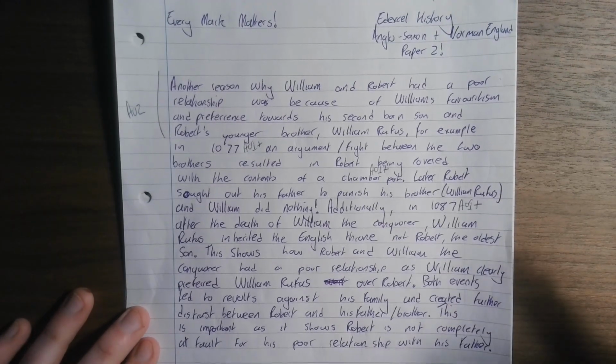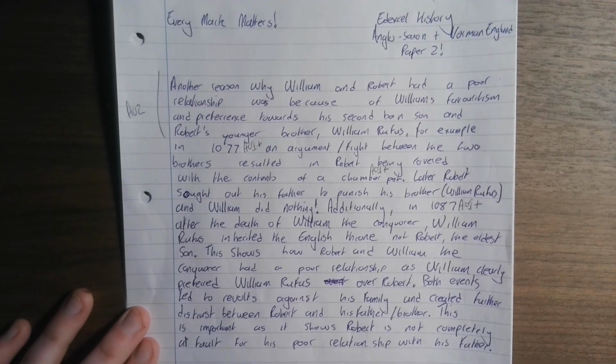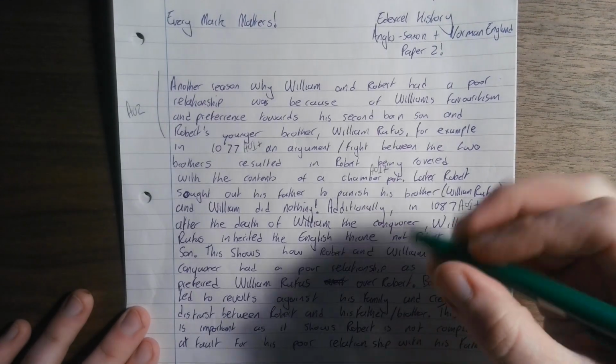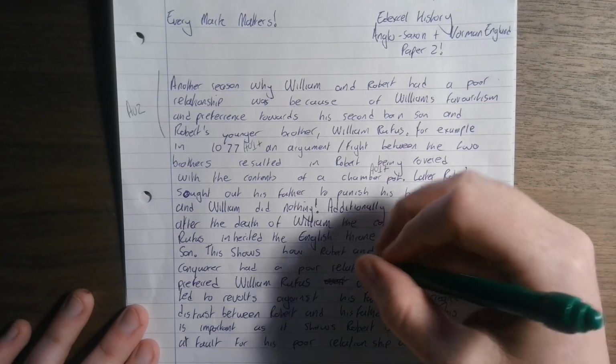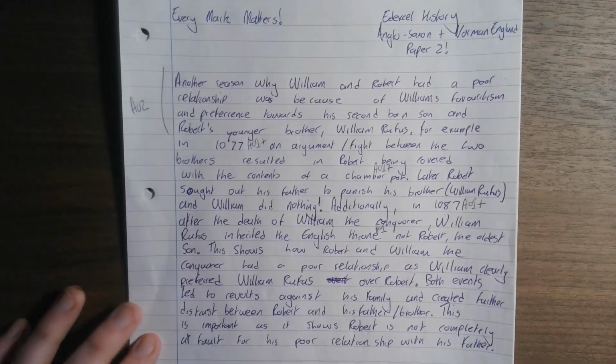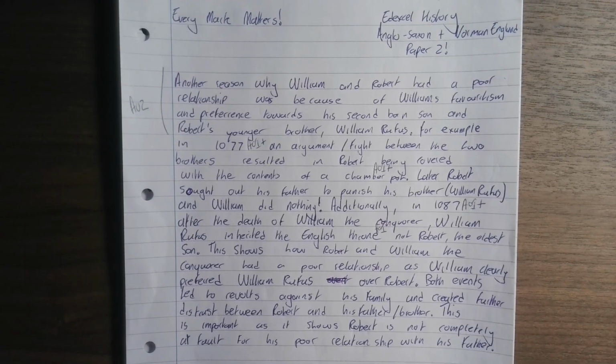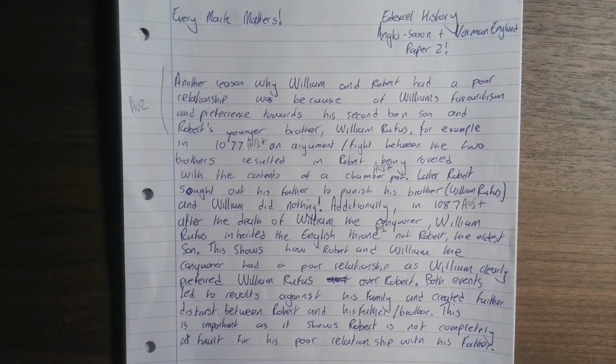Additionally, in 1087, after the death of William the Conqueror, again, I'm going to annotate that as AO1 plus, really precise knowledge about 1087. I would also probably add in about the fact that William Rufus inherited the throne. Well, that's definitely AO1. I'm not sure about whether it's AO1 plus. I probably should have mentioned about William Rufus inheriting Normandy, which you'd think he'd be happy about in the end if that's all he wanted, which maybe demonstrates that it wasn't the main reason why he had a poor relationship.